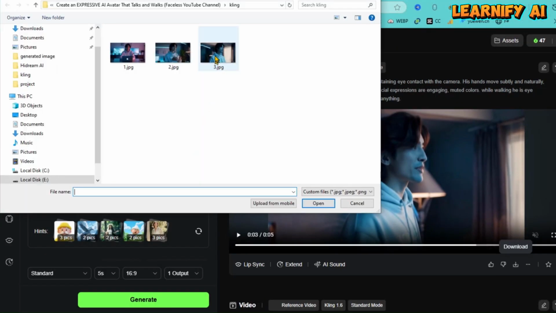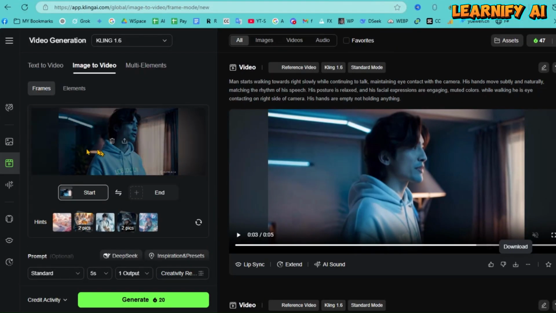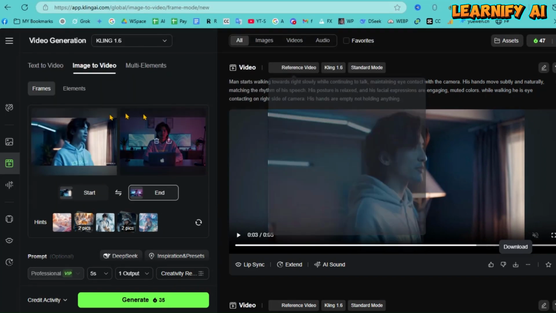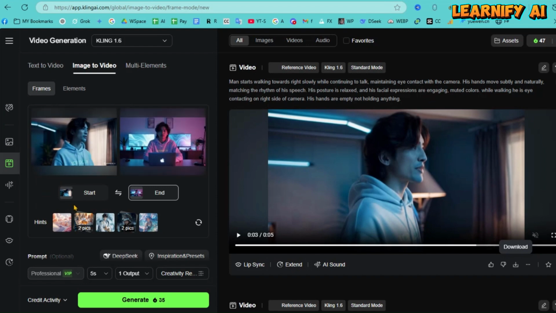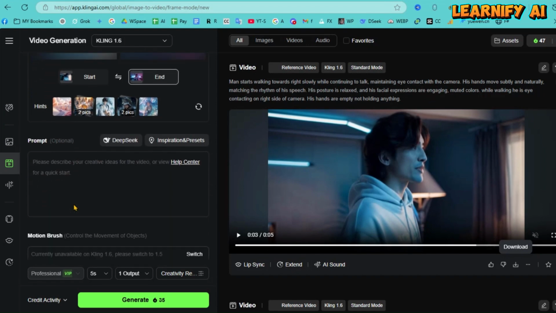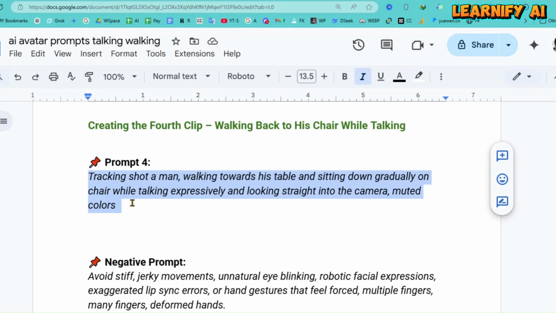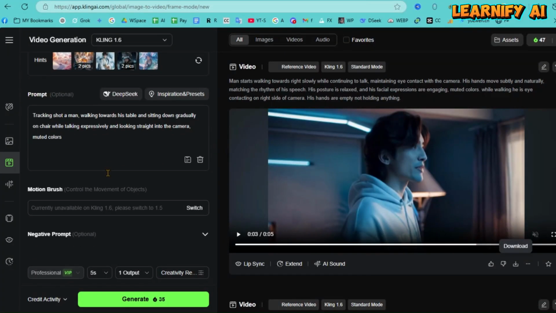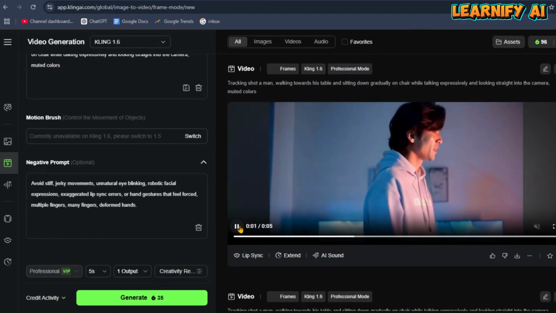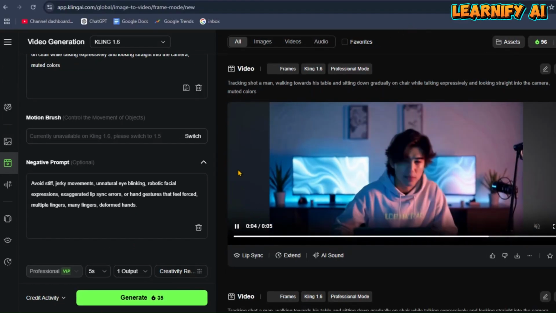Upload the image we just downloaded to Kling AI. Once uploaded, you'll see options for the start frame and end frame. The image we uploaded will serve as the start frame, and the end frame is where we want the character to be. In this case, sitting back in the chair. To get the end frame, we'll upload the character image we created earlier using Leonardo AI. Now both images are uploaded. Next, we'll generate the video by writing the prompt 4 and also adding the negative prompt. Once you click Generate, the video will be ready, and you'll see the character speaking while walking and then sitting